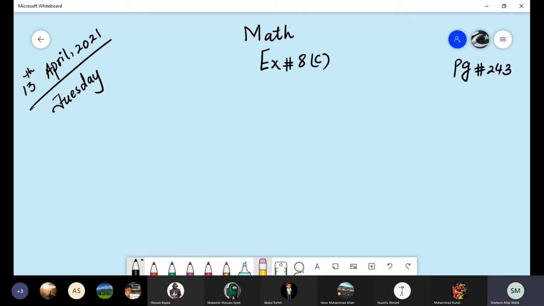And the topic is sine rule. Prepare the page for sine rule. The last question we have to do is question number 6. Prepare the page for that. I'm waiting for the rest of the students and I'm going to call them.